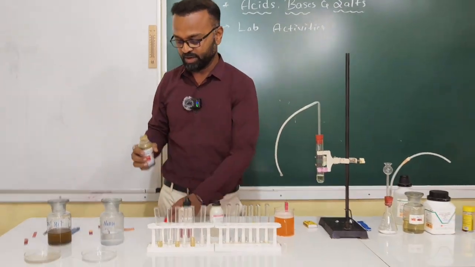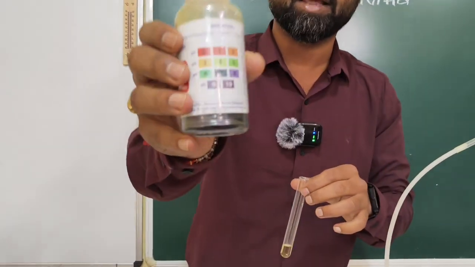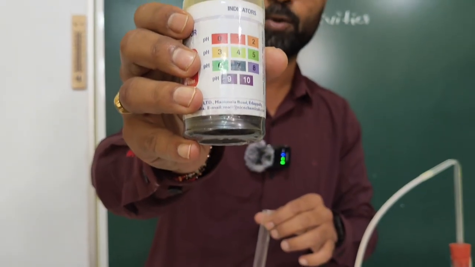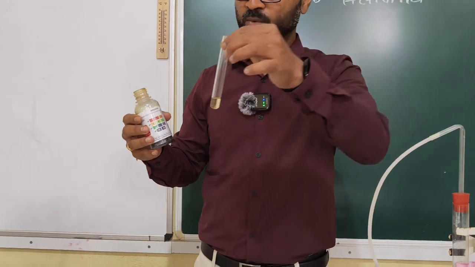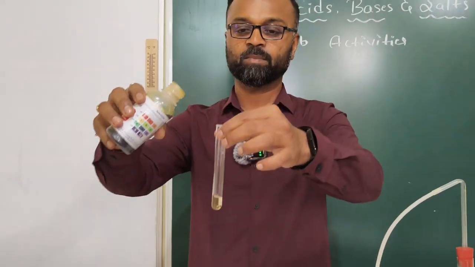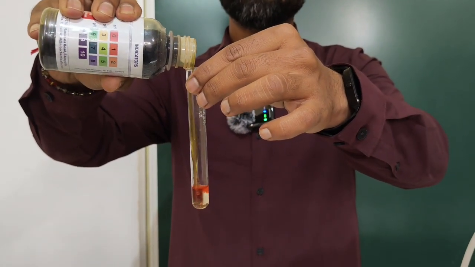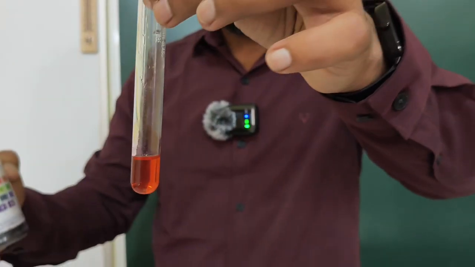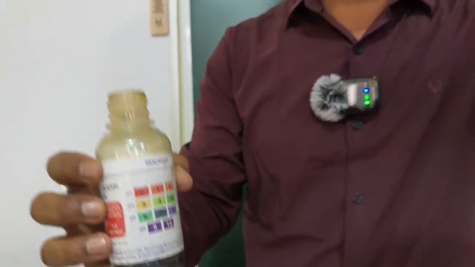Then let us put in one of the solutions over here. So, the universal indicator, and here you can see clearly there are different colors of the universal indicator, and they are given the respective pH values, and we are going to match this change in the color with the colors of the pH values mentioned in the indicator. So let me put the universal indicator into this solution, and you can see clearly here it is showing the red color, and when we match, it is coming around pH value of 1,